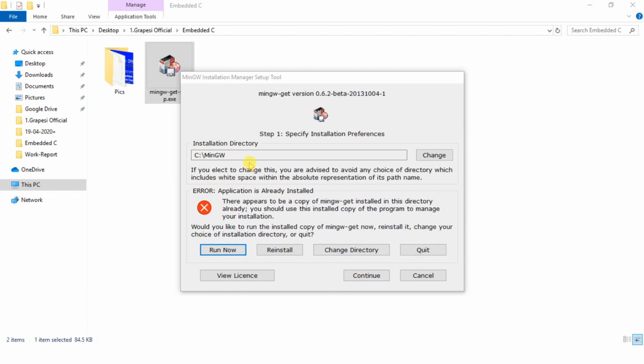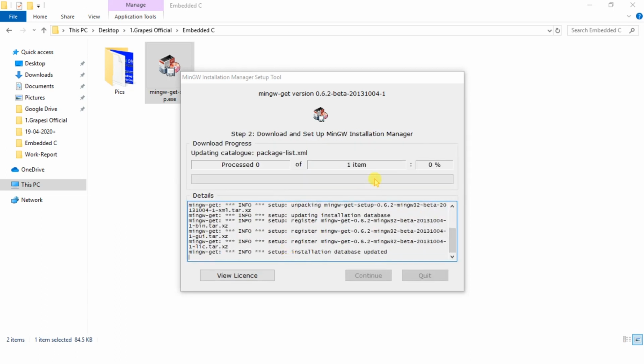I have already installed it, so I am just reinstalling so that I can show you how to install the software. The install option will come up for you. The first time it will take a lot of time, so you have to wait until the downloading is complete.